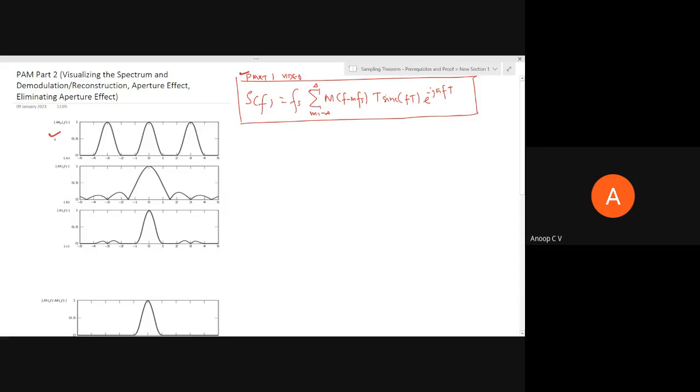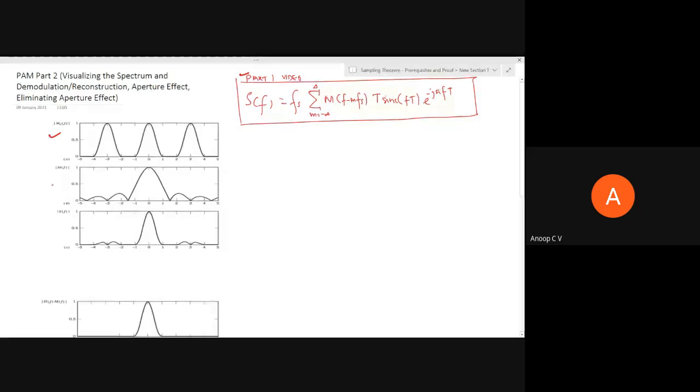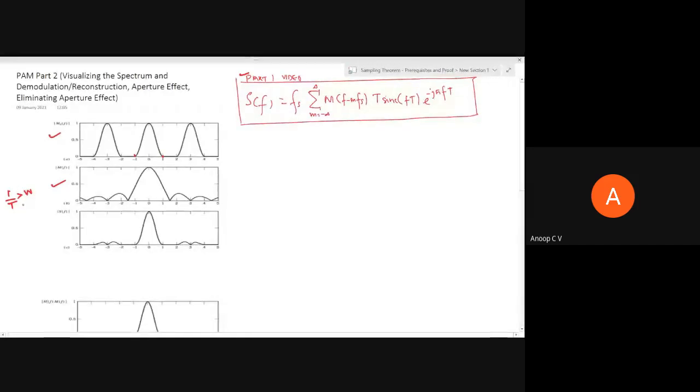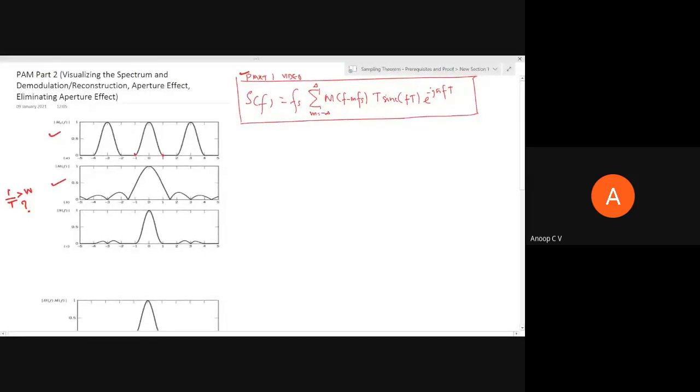So this is our m delta of f, and this is our mode of h of f. I've just shown this mode of h of f. Of course, what you have to keep in mind is this 1 by small t. Now 1 by capital T will always be greater than w. How, I'm leaving it to you. T is a pulse duration, w is the maximum frequency content of message. So 1 by t is what they have shown here, normalized to some value. We don't have to bother about that. But here they have shown this 1 by t is always greater than w.